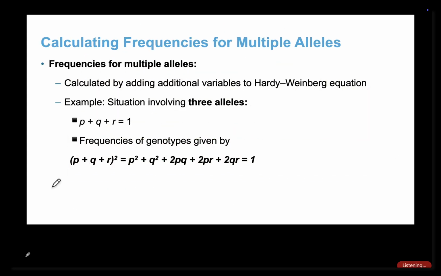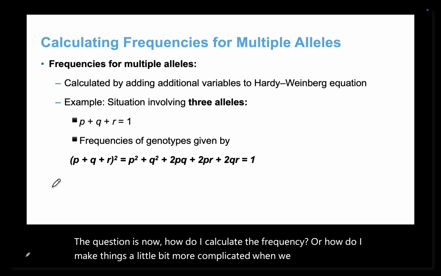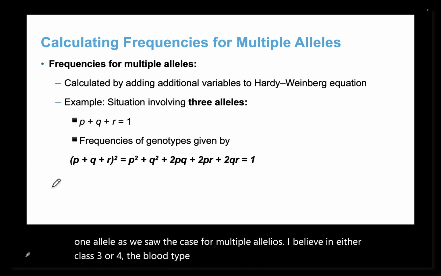The question is now, how do I calculate the frequency, or how do I make things a little bit more complicated when we add more than one allele, as we saw the case for multiple alleles, I believe in either class 3 or 4, the blood type, right? The blood type has the following alleles: